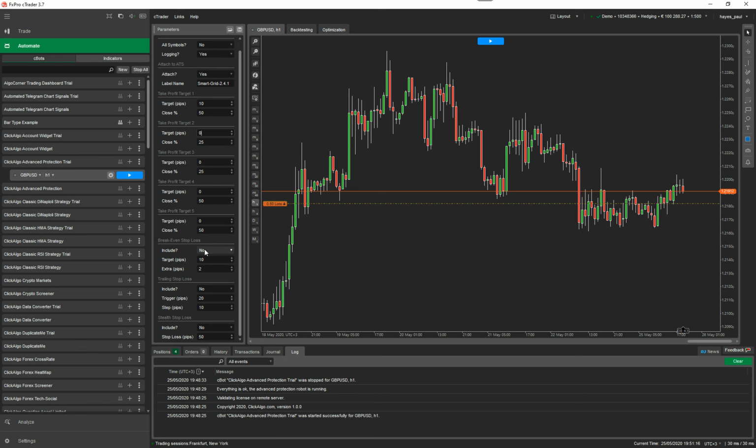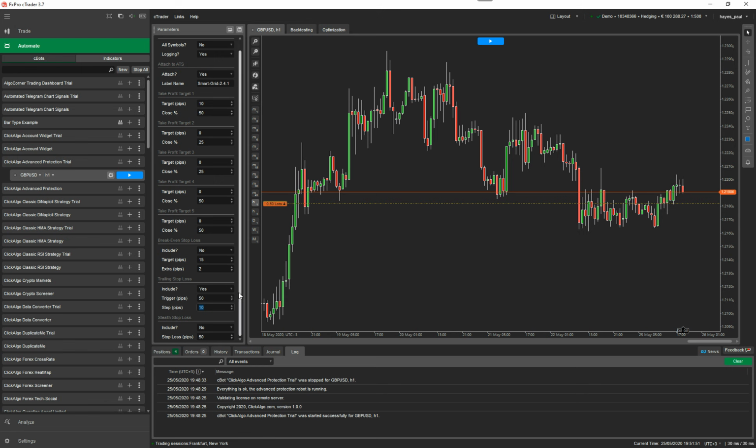Again, you've got the break-even stop loss. If you select yes for this and you say, for example, 15 pips, it will move the stop loss to your break-even plus an additional 2 pips to cover any fees or anything like that. Okay, that's a standard break-even stop loss. You've also got a trailing stop loss. So if I select yes for this, you can say that when it's 50 pips in profit, you want to trail the stop loss 10 pips behind the price. And as the price increases, the stop loss stays 10 pips behind the price and it keeps increasing. And as it retraces and goes back, if it drops back 10 pips, it will close the position and lock